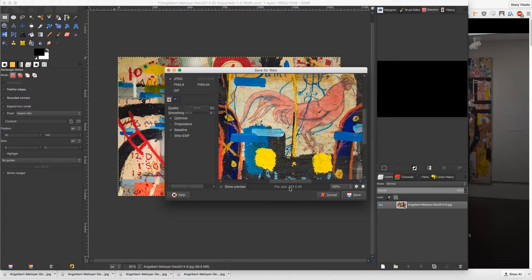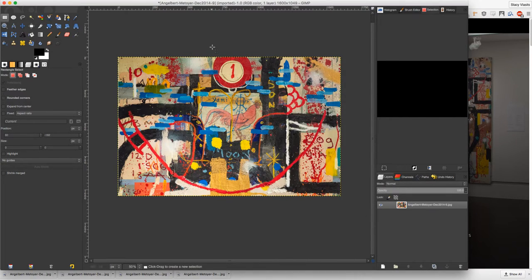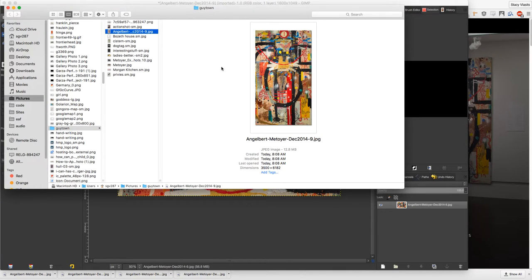So my target is 300 kilobytes for this image. So I've reduced the quality to 55. So then when I hit save, oh, I'm not going to actually save this image. I already have a similar image. I just want to show you the 2 images,